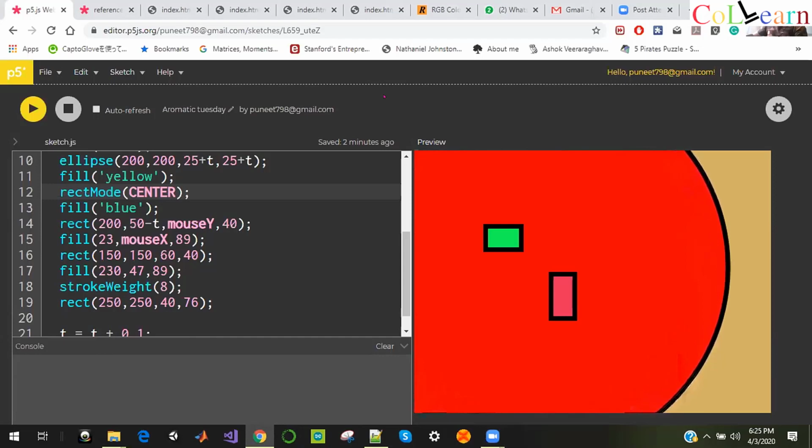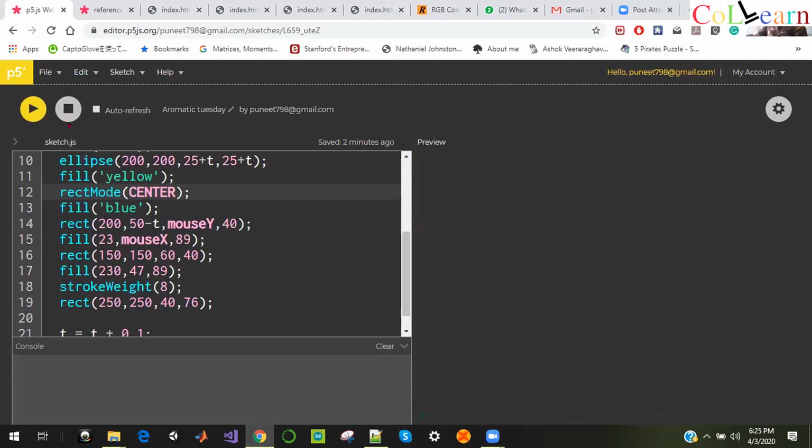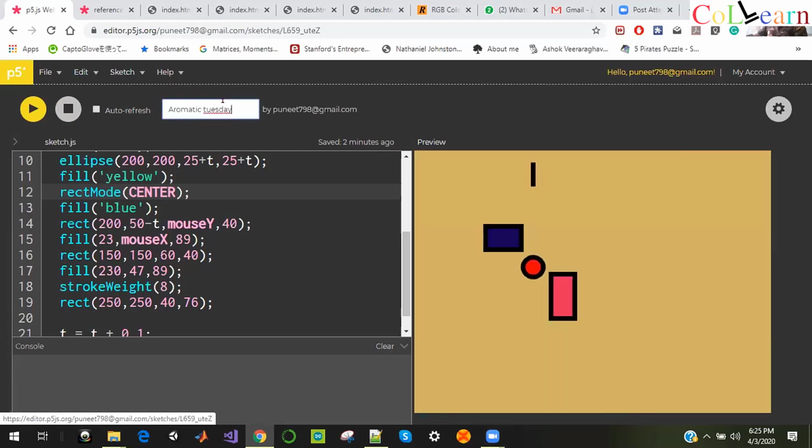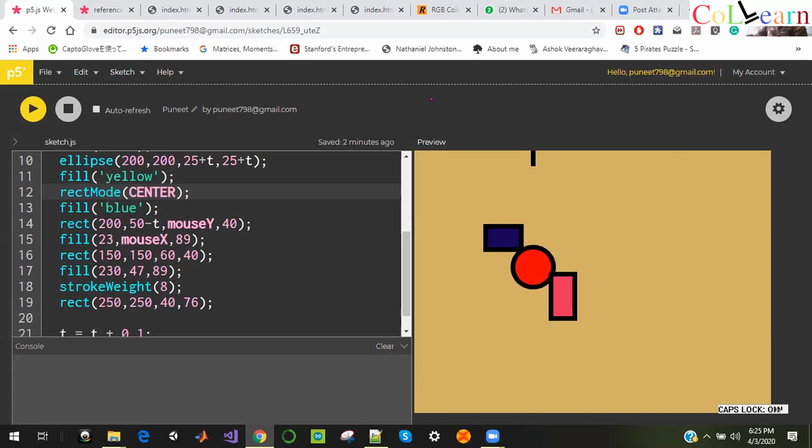It will pick two random strings and just join them. So whenever you log in, it will show you some random strings. Just click on the edit and type your own name. Like I'm typing Puneet. So it will be saved as your name.